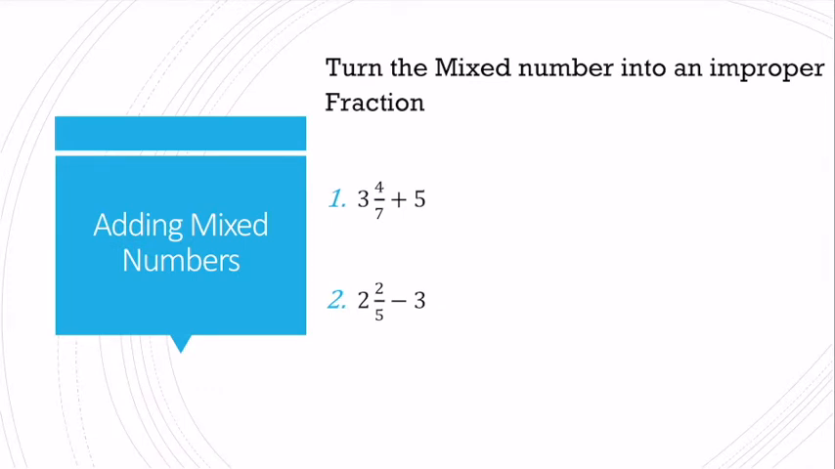Friendly reminder, when we're adding mixed numbers, you want to go ahead and turn the mixed number into an improper fraction, typically, or you can just go ahead and add the whole parts. So, for example, I have 3 4/7 plus 5. That would give me 8 4/7. If I have 2 and 2/5 minus 3,